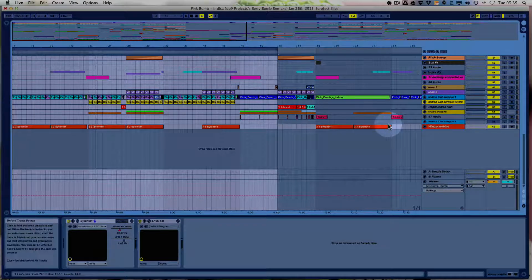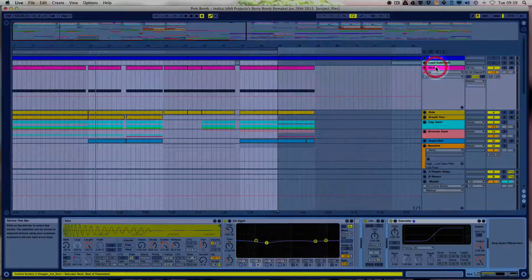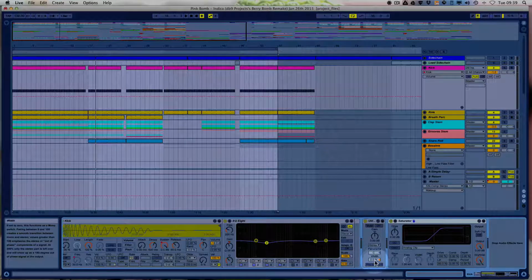What I'm going to do is just show you how the kick itself is set up. It's a sample, a little bit of EQ, utility just to drop it into mono, and then a little bit of saturation, no drive, just saturation added to the kick. Now, the kick itself is at minus 12 decibels, the starting point of the sample. However, the kick is just at minus 1, just to give a little bit of headroom, but there's still headroom. If you listen to the kick on its own,